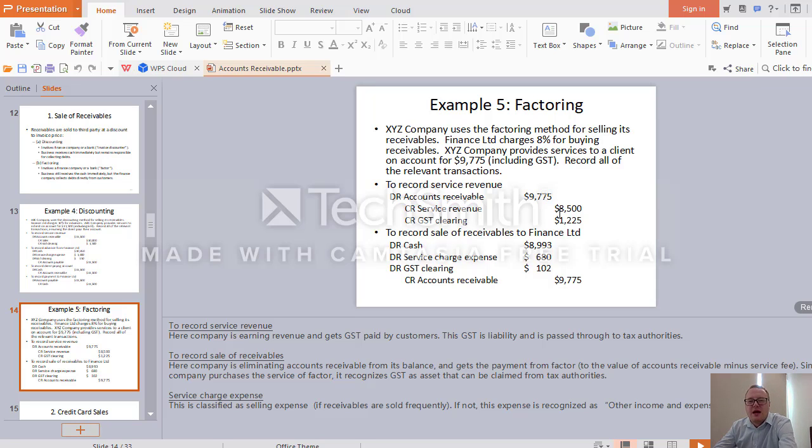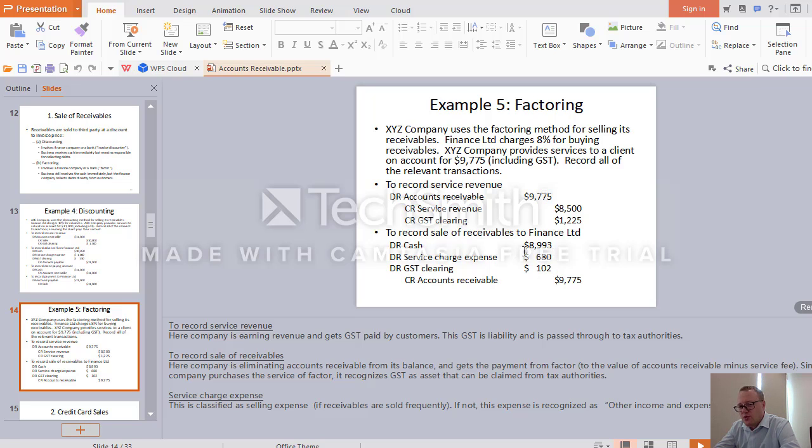15% GST. Then, as a second step, you decide not to collect that yourself, but to sell receivables to Finance Ltd, to the factor, to the bank. So you no longer have receivables, they're nullified, you will get the cash. The value of cash would of course be smaller by 8% because 8% is the service charge. So you can multiply 9775 by 0.92 and you will get 8993, or you can multiply 9775 by 0.08 and you will get